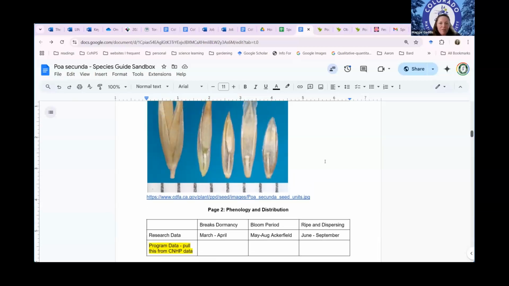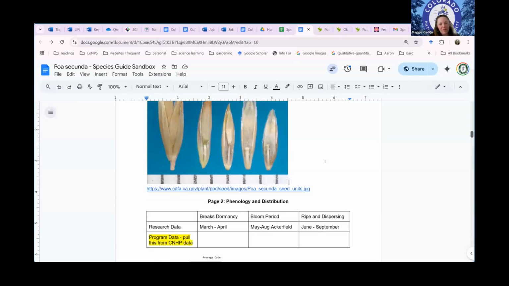And I've had really good success when trying to photograph seeds, like making a dissection of the inflorescence on my leg and then just taking a close-up photo of my leg. And I actually have black pants. I like to wear black pants for this purpose. And you can lay a ruler down your pant leg. So all the different